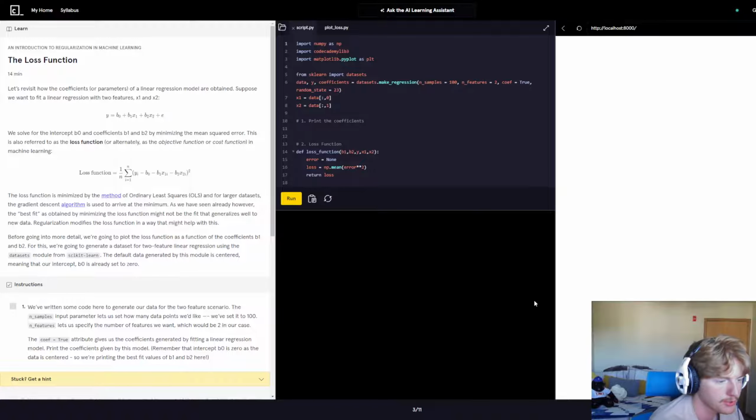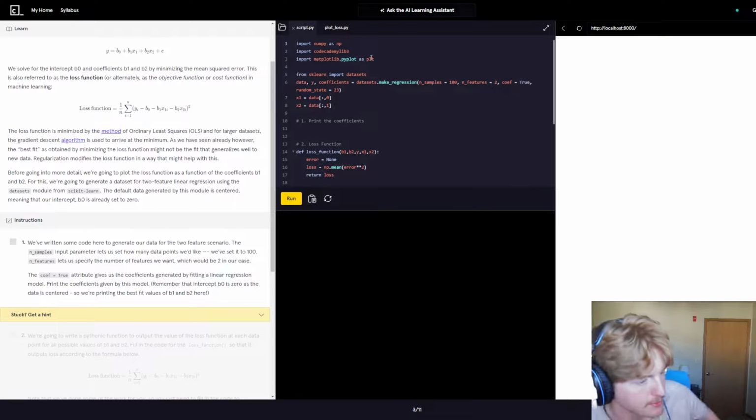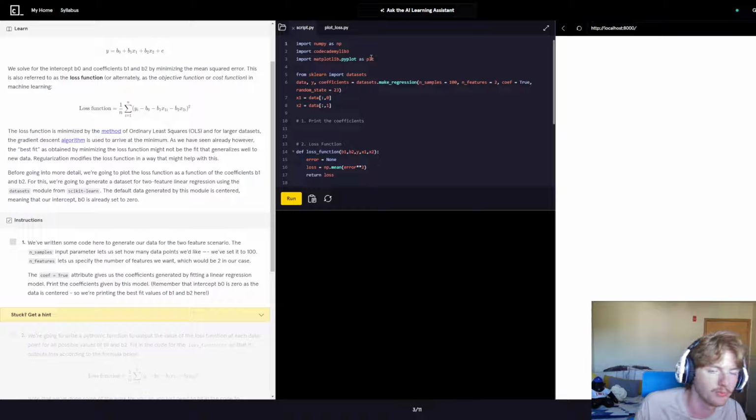b2. For this, we're going to generate a data set for 2-feature linear regression using the datasets module from scikit-learn. The default data generated by this module is centered, meaning that our intercept b0 is already set at 0. We've written some code here to generate our data for the 2-feature scenario. The n_samples input parameter lets us set how many data points we'd like. We've set it to 100, and n_features lets us specify the number of features, which would be 2 in our